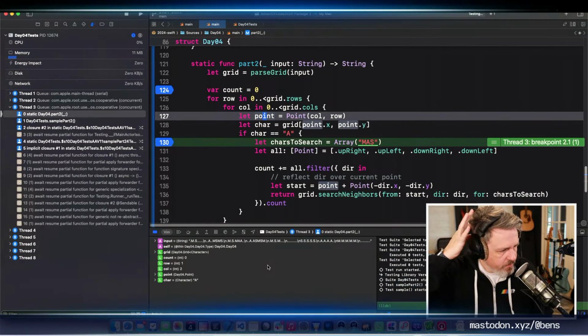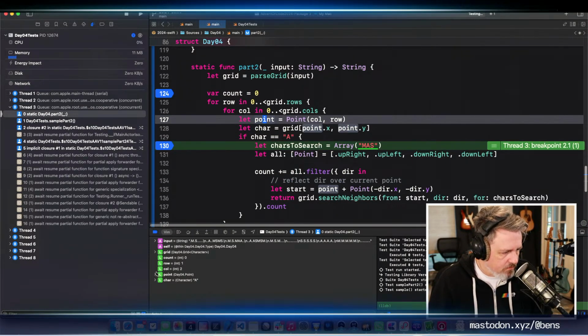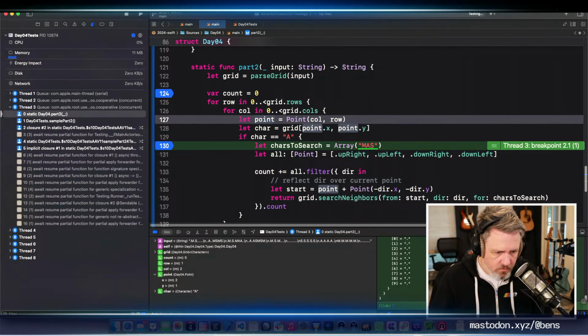Okay, so our point, I should have done a string convertible on this one. So we're at 2, 1. Our grid looks like